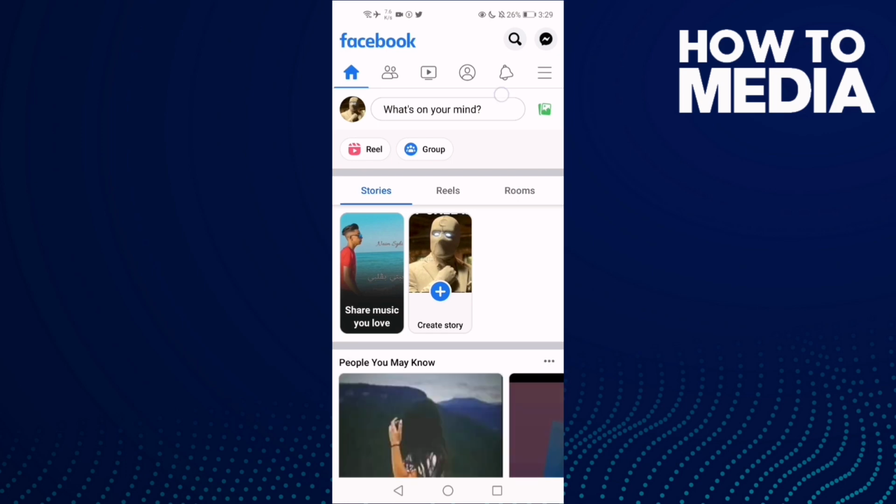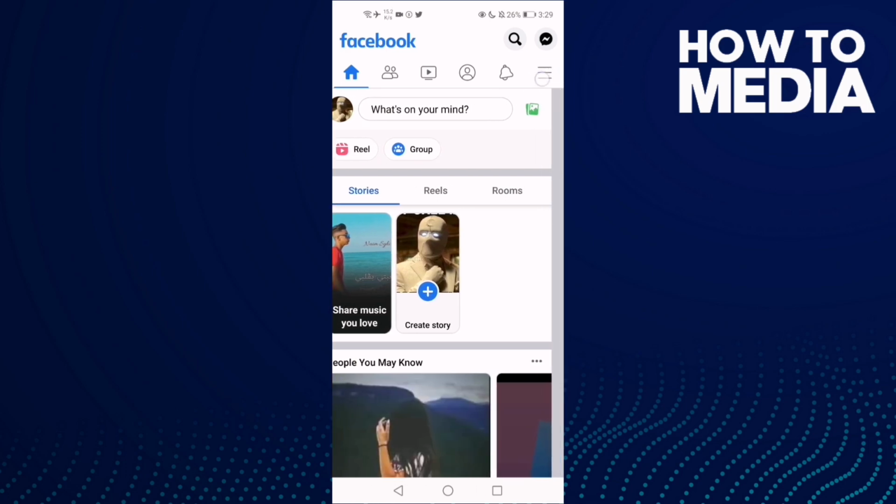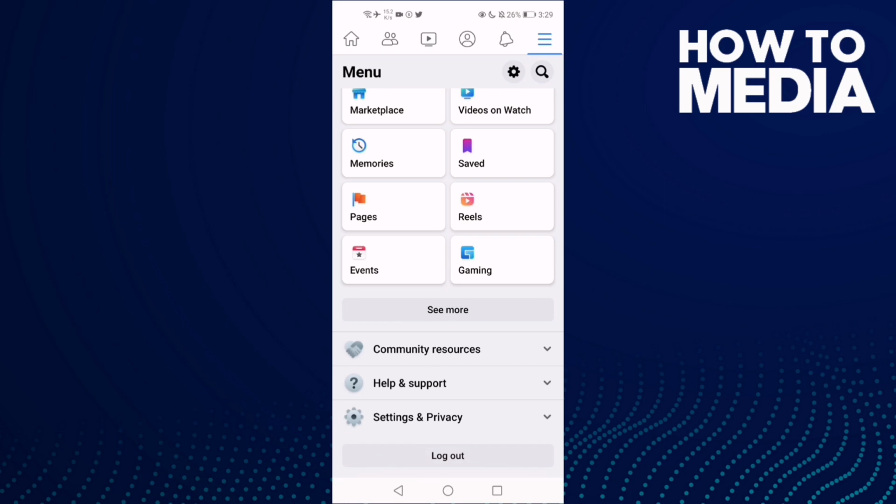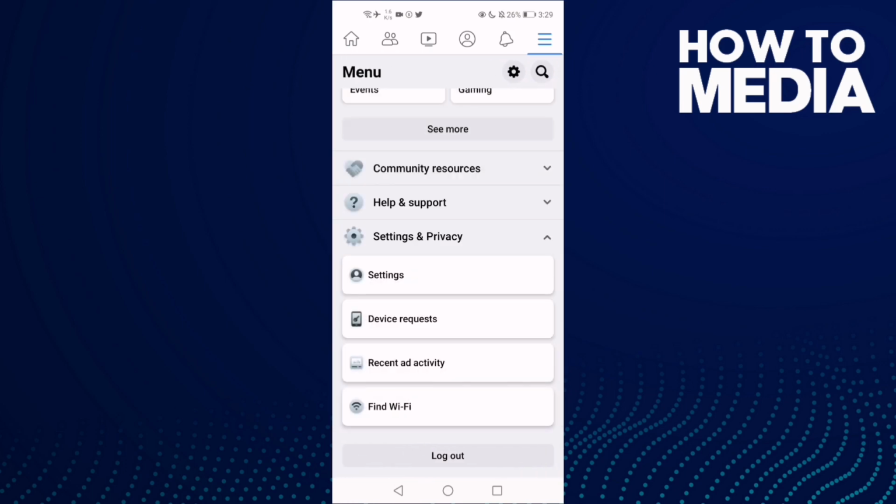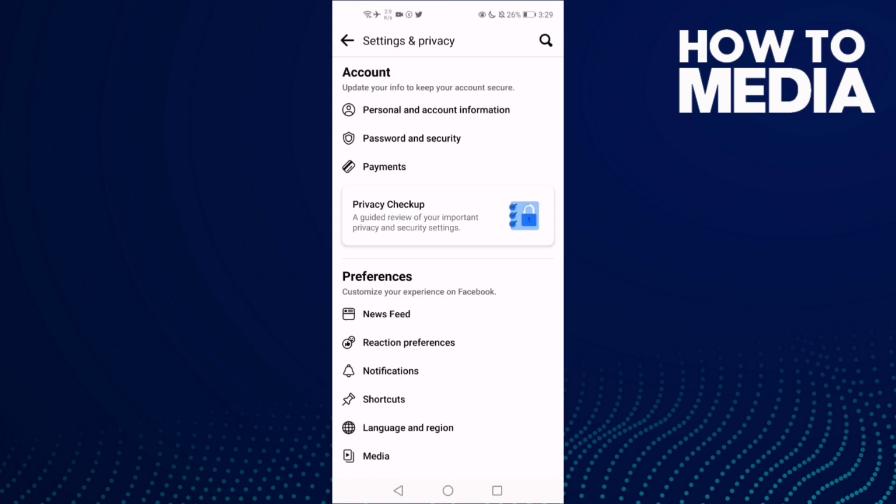and then click these three lines here to go to settings, and now click settings and privacy, and then click settings, and now click this one, Use Feed,